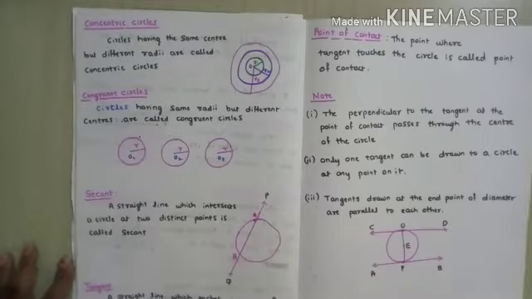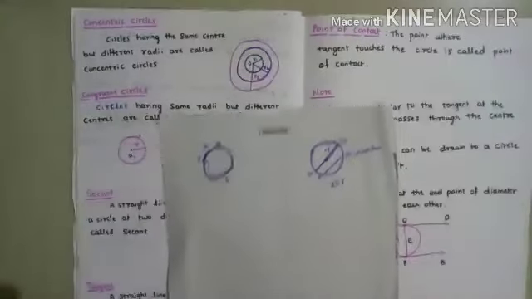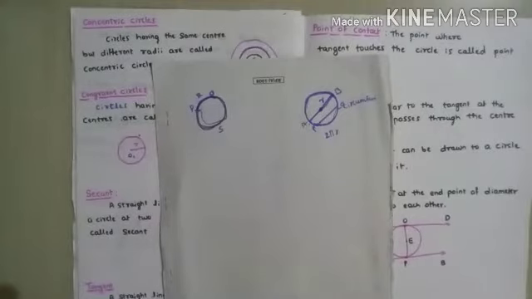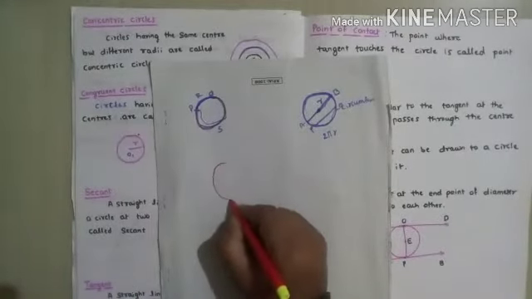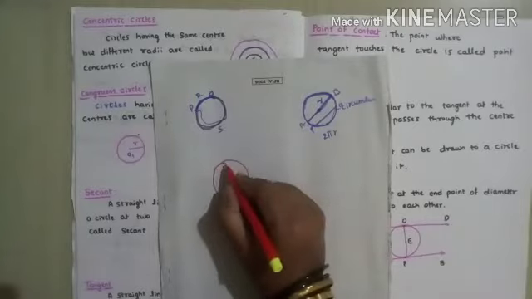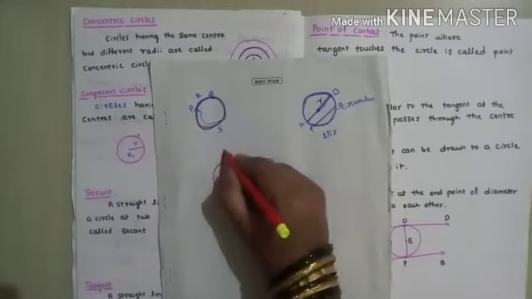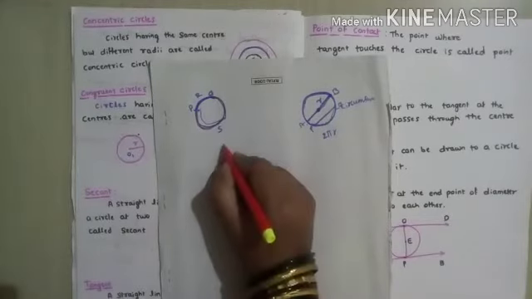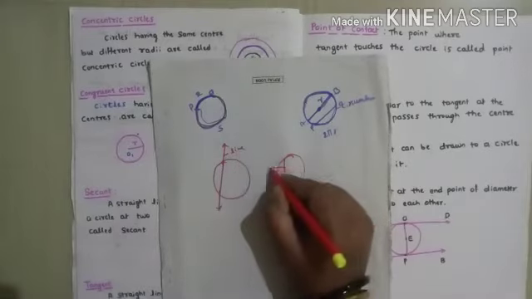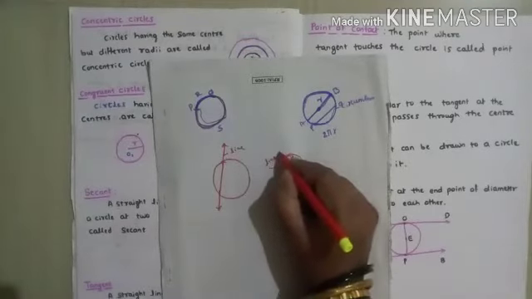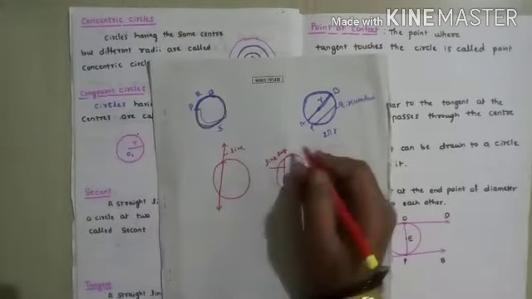Now we will study the secant of the circle. I will show you what it is, then I will explain the definition. Consider one circle, and you already know this is called a chord of the circle. If you extend this line like this, see, if I draw a segment like this, this is a line segment, and this is a line. Understand the difference between these two?